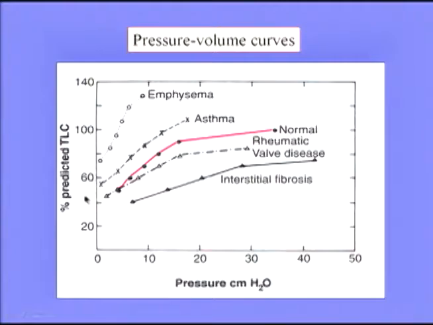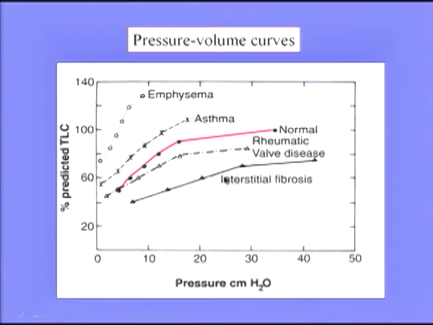And what you can see here, first of all, here's the lung volume. This is shown as predicted TLC, and that's simply because people of different size have different lung volumes, and so this is a better way of showing it. Plotted against transpulmonary pressure, the difference between alveolar pressure and intrapleural pressure. And the normal curve is shown here as a nice red line. And here's interstitial fibrosis, and you can see that there's a gross reduction in lung volume at a given transpulmonary pressure. And furthermore, the slope of the line, that's the change in volume per unit change in pressure, or compliance,